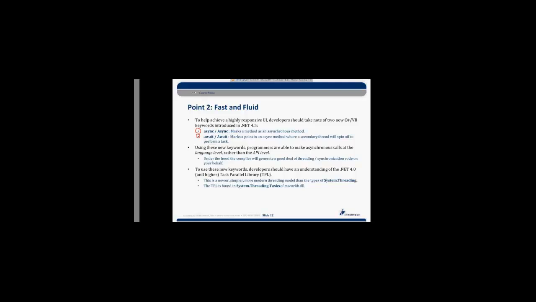Even back in the first release of .NET when we had asynchronous delegates, that was pretty sweet. And the threading library was pretty sweet. And then as .NET has kept marching along, we eventually got the Task Parallel Library. Well, these keywords are going to be tapping into the TPL. In fact, when we build up methods that are marked async, we typically make use of the Task class.